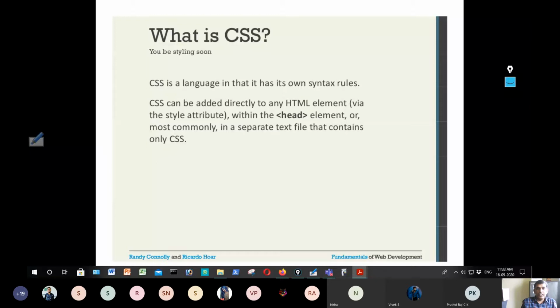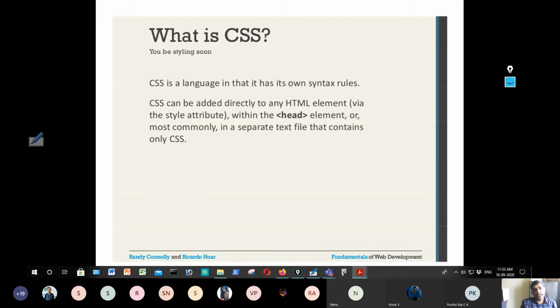If I specify these styles for three elements in the head, then when the document is loaded, all the paragraphs will display with color red, all div elements will be displayed with color green, and all the H1 headers will be displayed with font size 20. So that means CSS can be placed within the head tag of your HTML document.